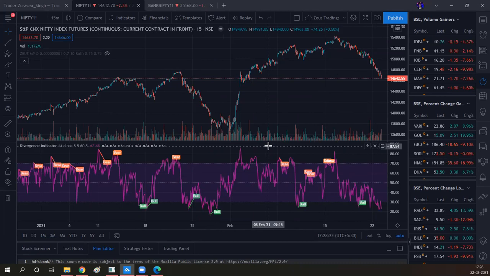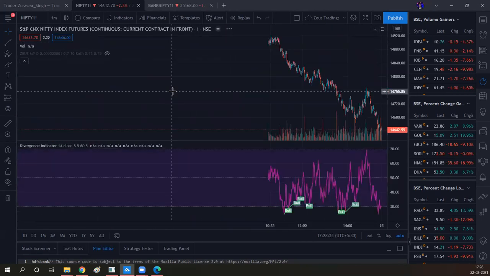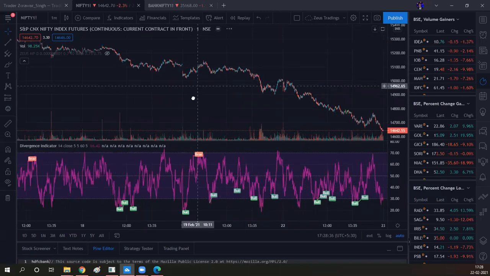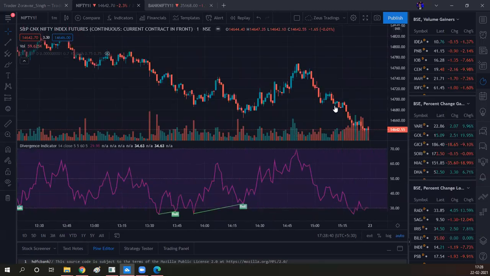You just have to understand the price behind it, and you have to understand the volumes behind it. So now I showed this to you on a 1 day scale, but this will work on a 1 minute chart. It will work on a 3 minute chart. As long as you really pay attention to the markets, you will know what signals to take and what signals not to take.